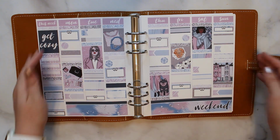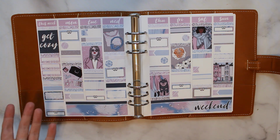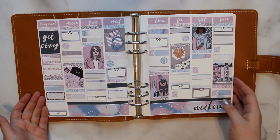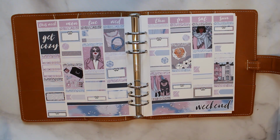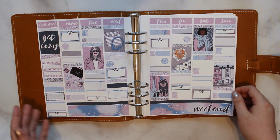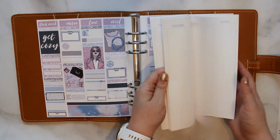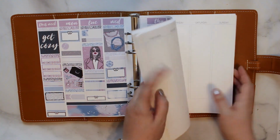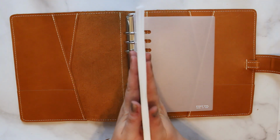It's just the nature of it having to be a slightly shorter insert, so you don't necessarily get the same height as an Erin Condren. But to me, this is a perfect example. And if I mess up a kit, I can just rip the page out and be done. Well, it depends. I'd have to rip out half of the other week, but it is what it is. It's a printable, obviously, so I printed off about enough. I think this is about a year's worth, and naturally it'll chunk up,